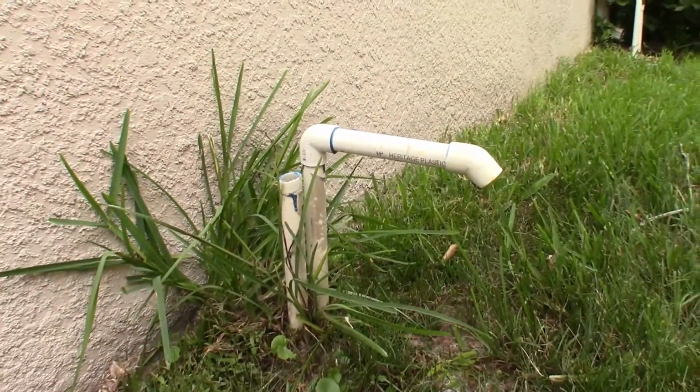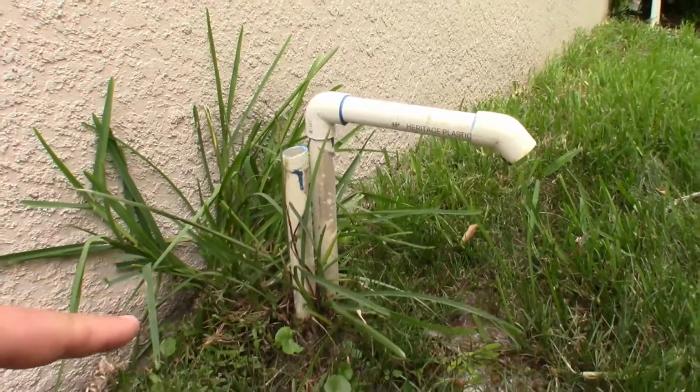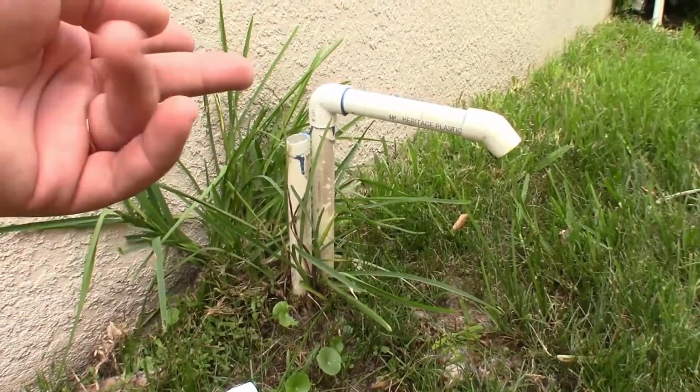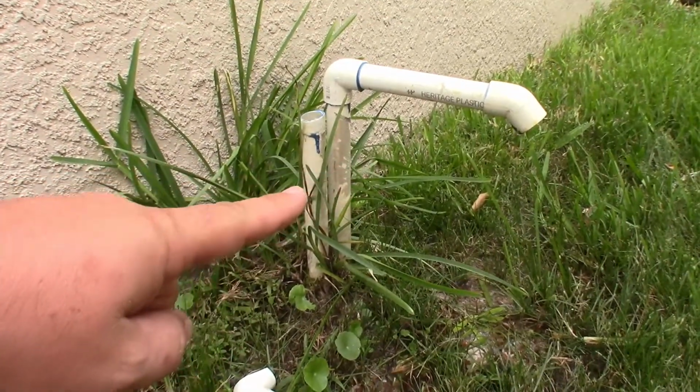Right now it grows a lot of grass in and around here. It's really hard to mow. These are a little shorter than I'd want them to be. So what we're going to do is cut these off right around this area right here, extend